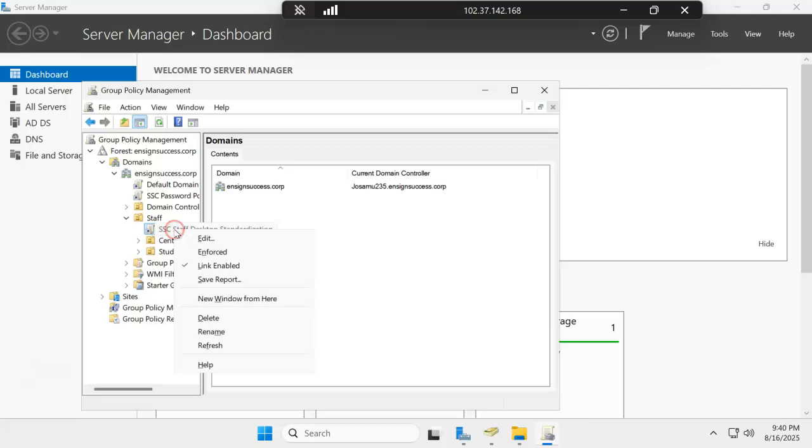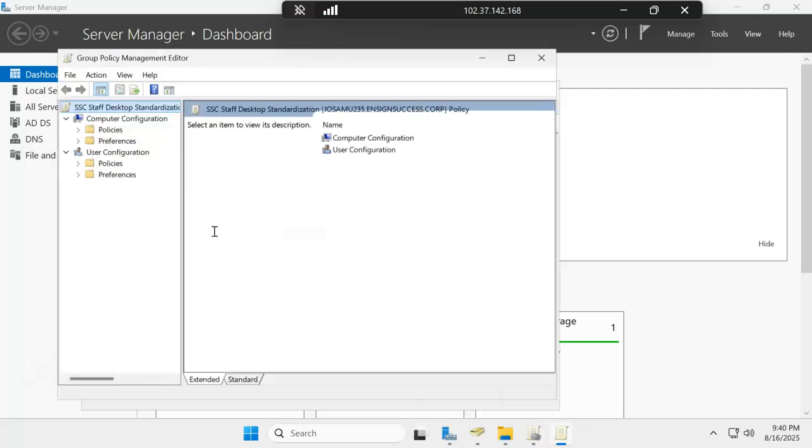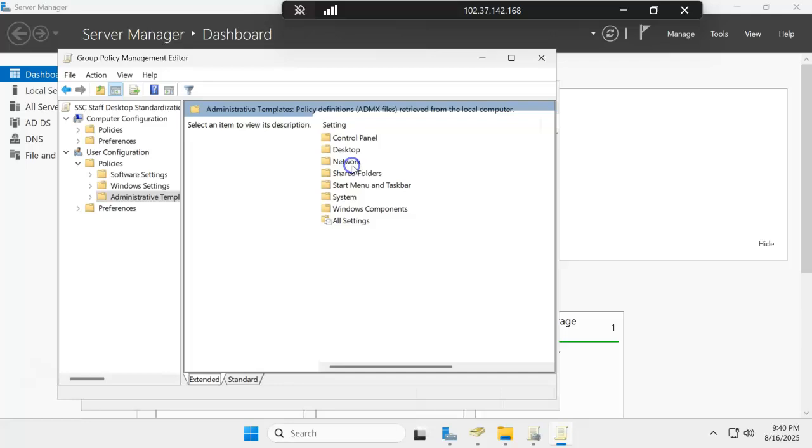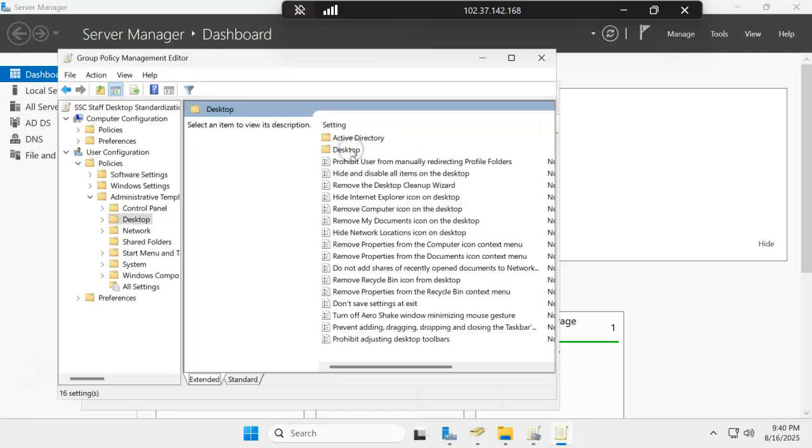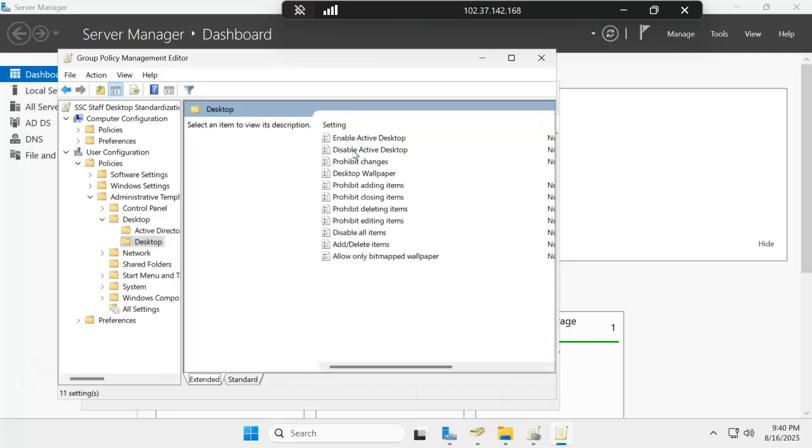Okay, so I've created this staff desktop standardization. So you right click here, then you click edit. Then you navigate to user configuration and policies, administrative template, and then desktop and desktop again, and